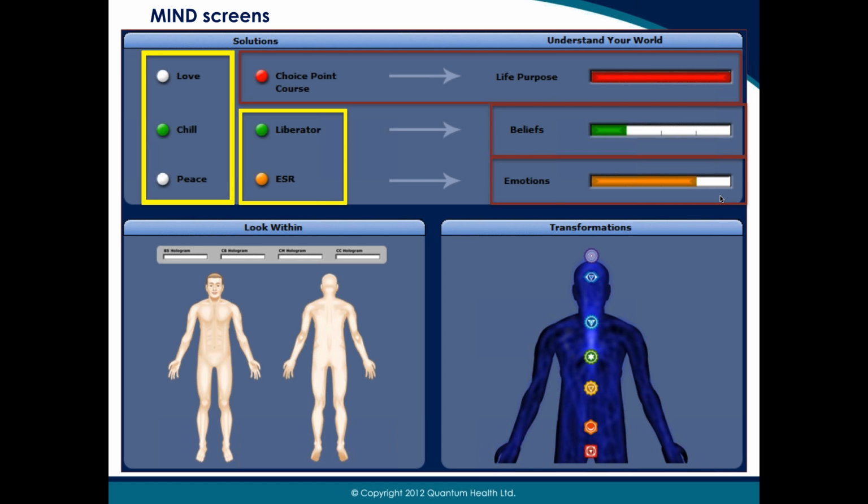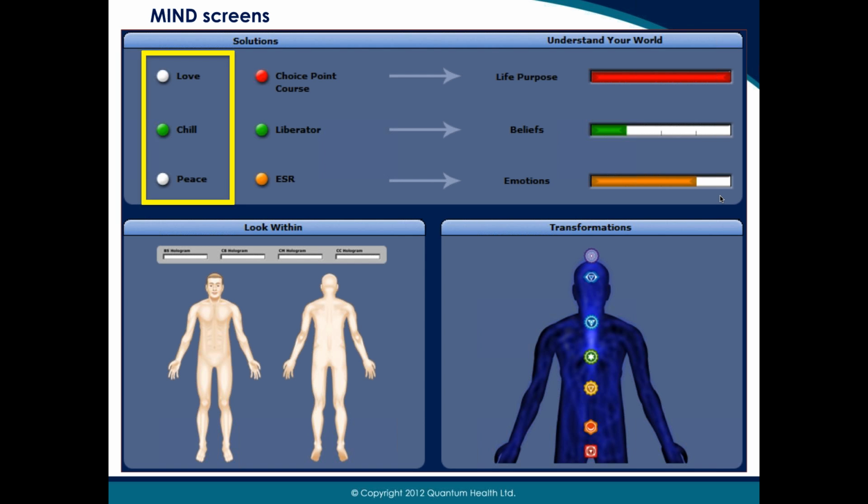But ESR and peace, chill, and love are something different than the liberator. We're going to talk about the liberator a few moments later. But you can see that there are three different combinations in the solutions of the mind script. The beliefs are another part, and the emotions are also another part. So when we talk about the liberator, the chill, the ESR, the peace, and the love, the one we showed here,